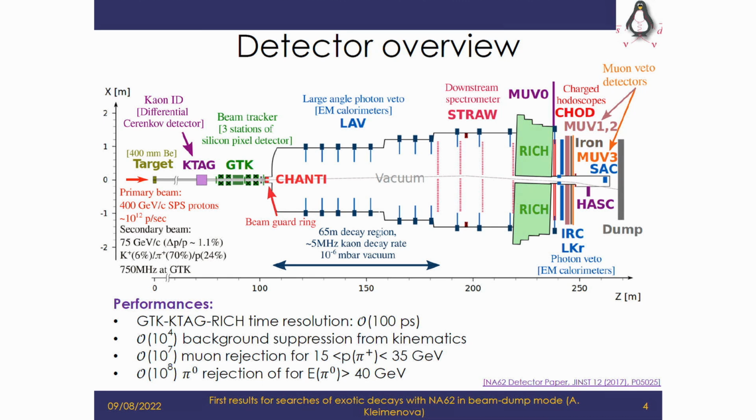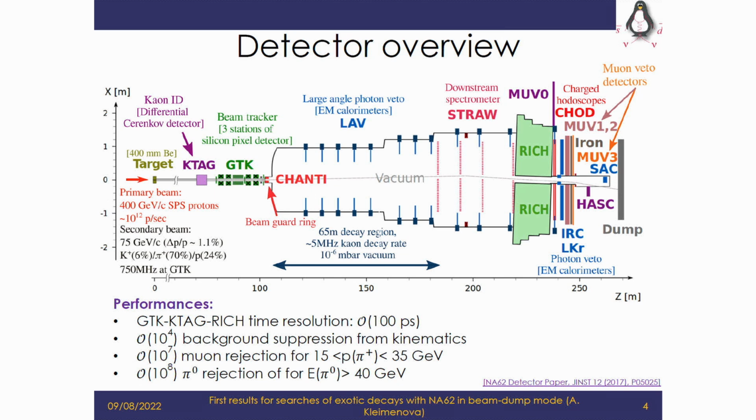In NA62, the detector was designed to measure the pi nu nu bar, and you can see that it's pretty much reflected in its apparatus. So NA62 uses proton beam from SPS, which is 400 GeV protons, and they hit a beryllium target and produce a secondary beam, which is unseparated hadrons, of which 6% are kaons. And so these kaons and other particles travel to the NA62 apparatus, and